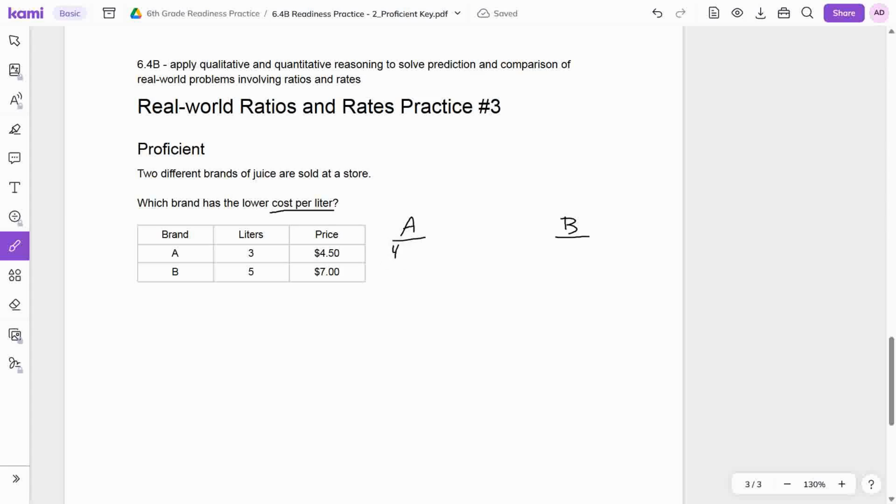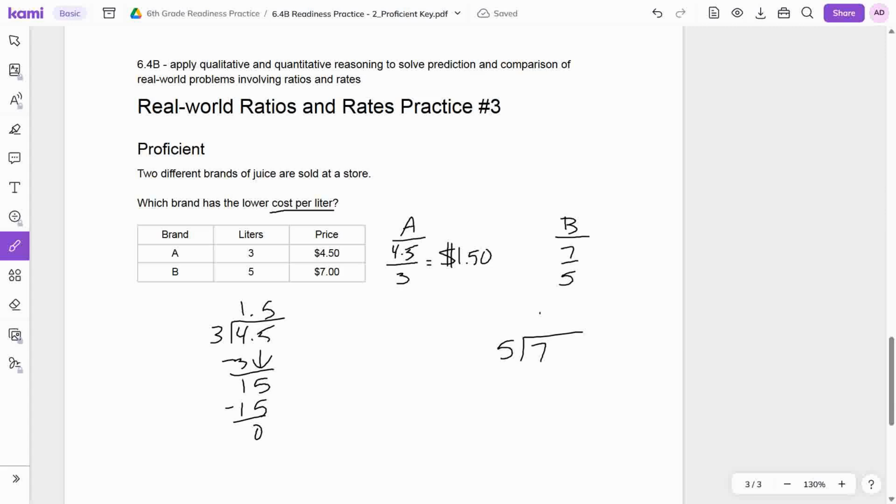Cost per liter, 4.50. I'm just going to drop that, 4.5 divided by 3. And this is going to be my 7 divided by 5. All right, so we need to do a little division. So 3 goes into 4.5 one time, and then 5 times, and then that's it. So 1.5, but if we put that in dollars and cents, we're going to put that as 1.50. So $1.50 per liter. Now this is going to be my 5 goes into 7 one time,